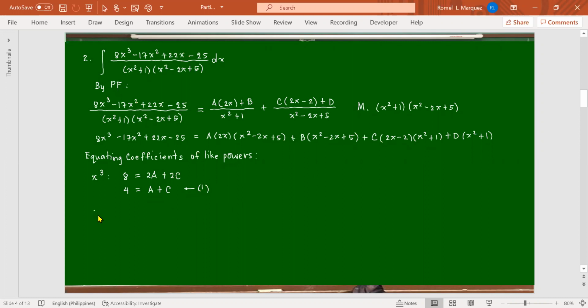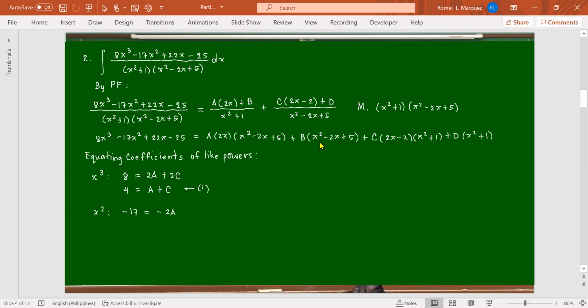What about x squared? On the right side, the numerical coefficient of x squared is 17. For the terms with x squared, we have this one: negative 2 times 2, so we have negative 2a. So by inspection,